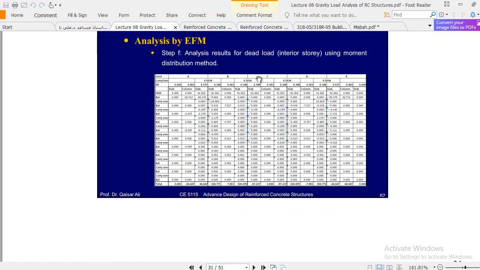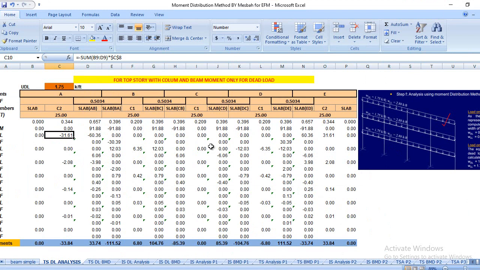I tried my best to draw this table in Excel by myself. So let me share that table and the results, and we will compare these results with that Excel sheet. So this is the sheet which I created for this question, for this moment distribution table,